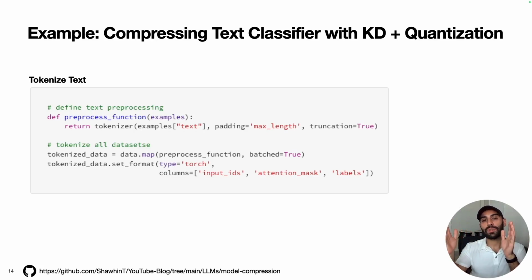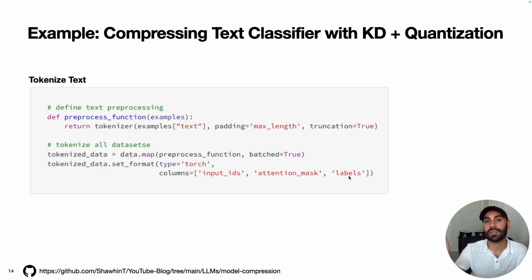And then within each batch of examples, the shorter sequences are going to be padded so all the examples have the same length. And this is important so we can convert it into a PyTorch tensor and efficiently do the computation with the GPUs. This is the pre-processing function. The actual transformation happens in this line of code. So we take the data set and then we map it into tokenized data, making sure that we are using batches. And then we're converting it into a PyTorch format where we have columns for the tokens, the attention mask,